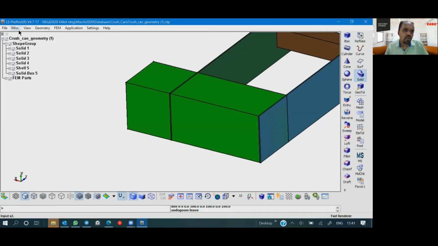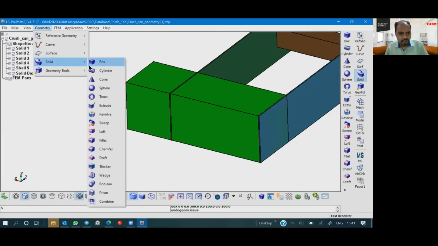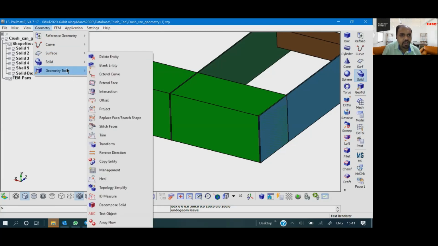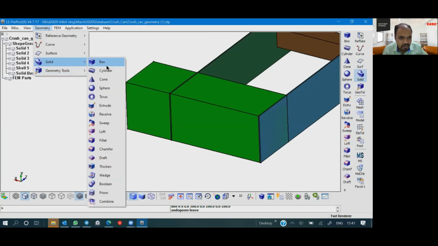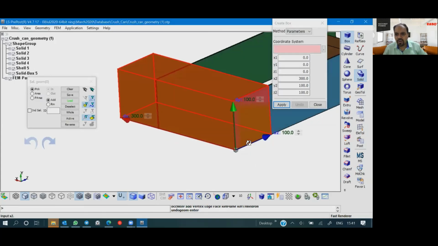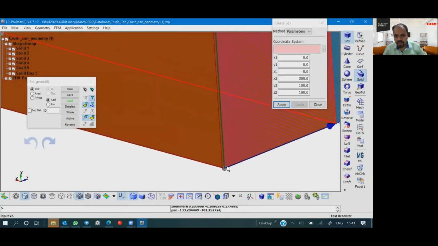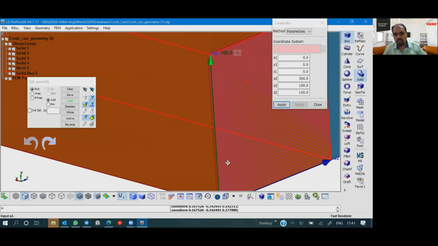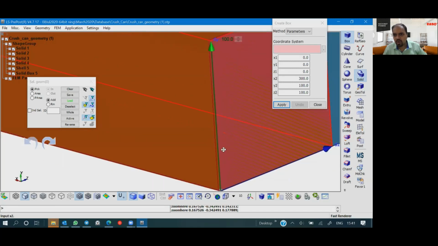Now what I will do, in the same way, I will go for geometry solid, and I can make it a minus b, right, using this. So I'll create another box, okay, which will not start at 0. So now my origin should be up, am I right? So my origin should not be like this.